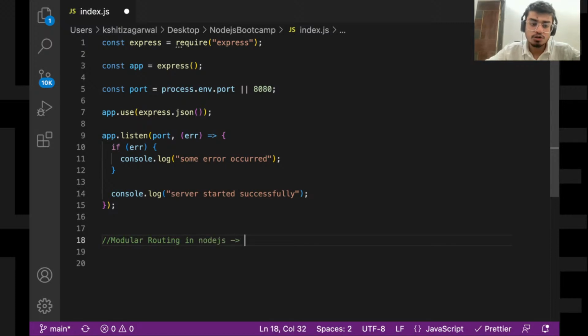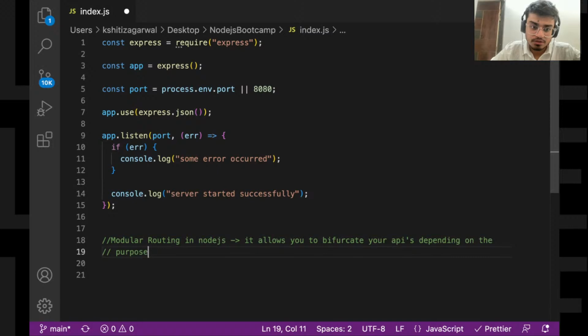Modular routing allows you to bifurcate your APIs in your application depending on the purpose or use of them.